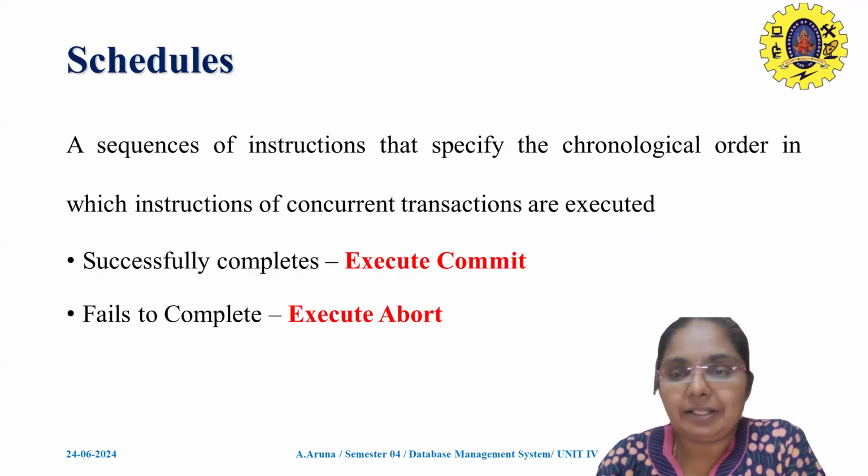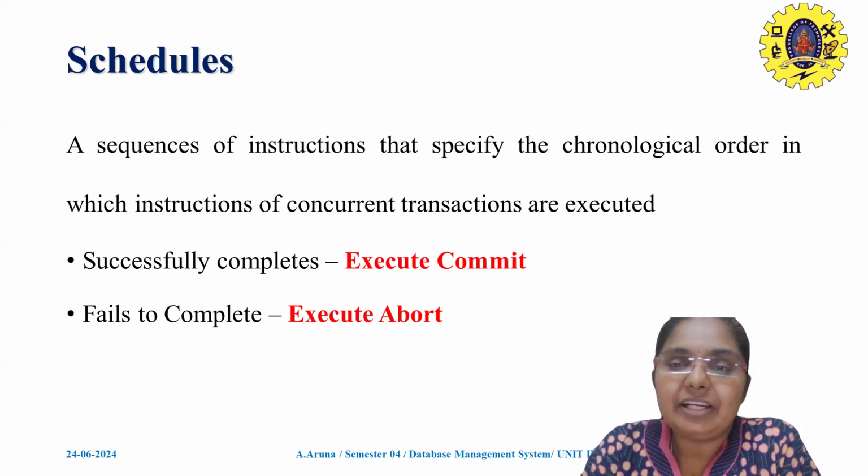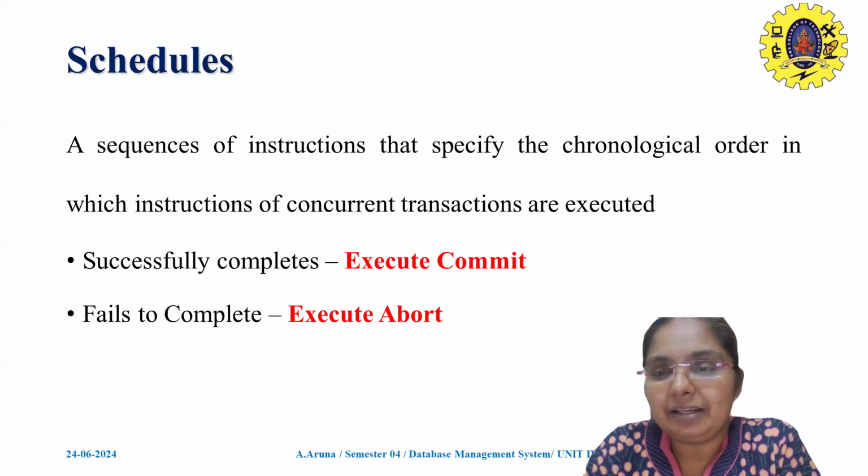The next one is a schedule. A schedule is nothing but a certain order. If you want to specify the chronological order in which the instructions of concurrent transactions can be executed, that we call a schedule. Here we have two things. If it is successfully committed, it must execute the commit. The compiler can notice that the transaction is completed when it encounters the commit command. If it fails intermediately, only partially completed, definitely it will execute the abort and